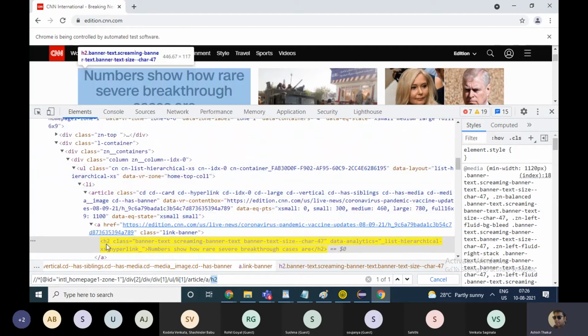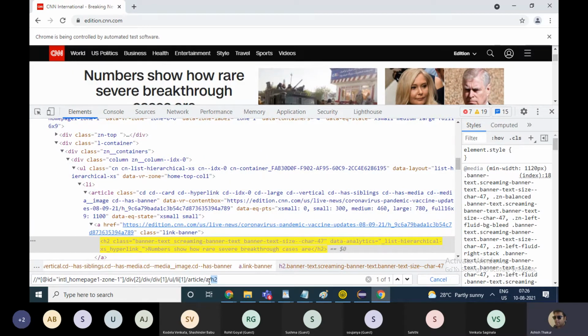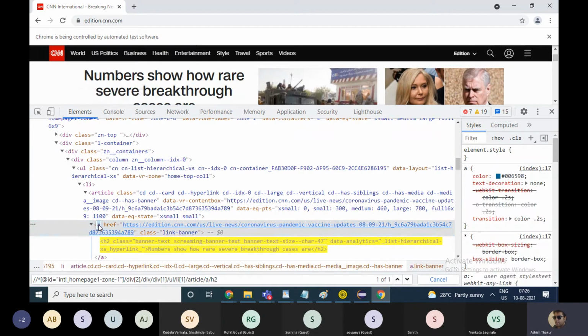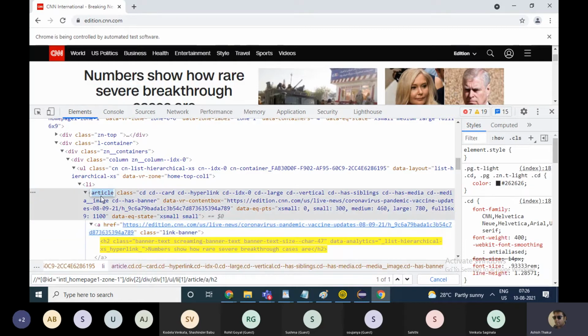Now this h2 tag was not having any ID, so it jumped one tag back. This h2 tag is actually lying inside this anchor tag. So this is the anchor tag and h2 tag. This anchor tag is also not having any ID, so it jumped over to its parent tag, which is the article tag. So you'll be able to see the article tag over here.